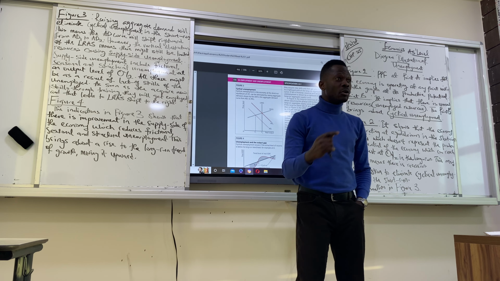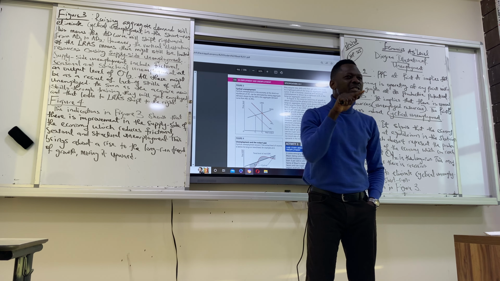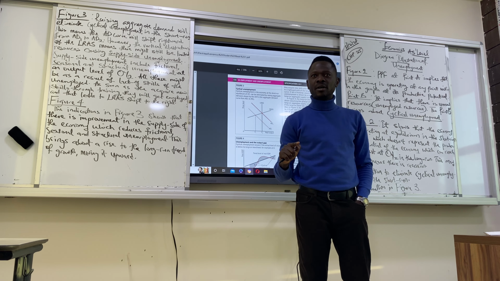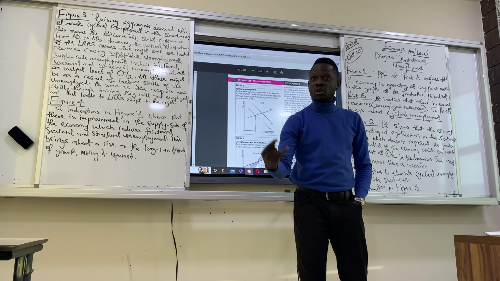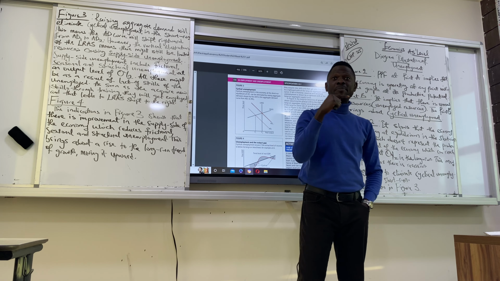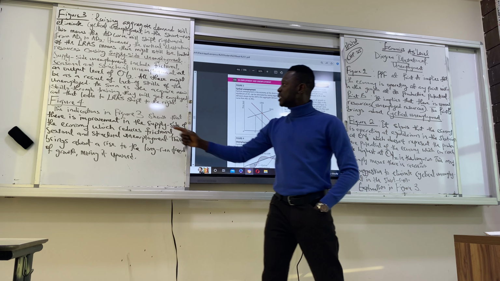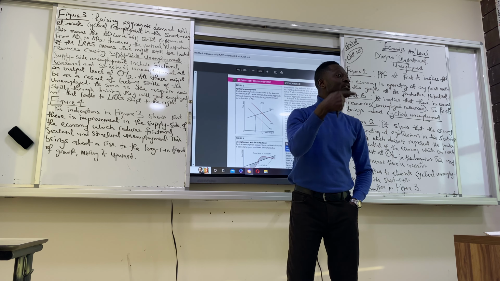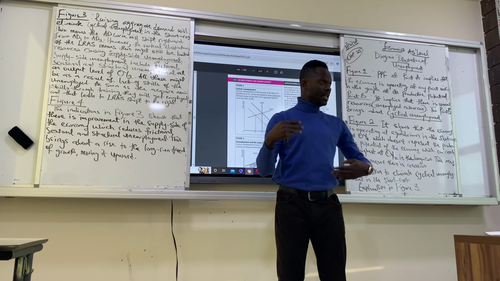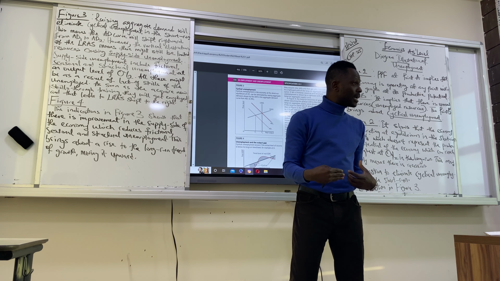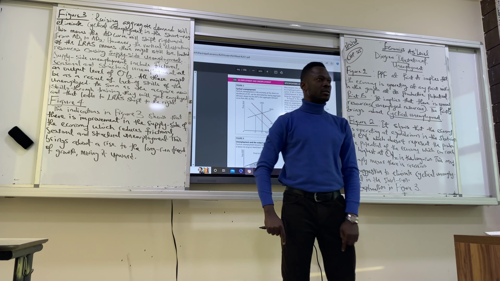Do you get it now? So you don't have that job because you don't have the necessary skills to get the job. So that is structural. Because you don't have the skill, and we want to solve the problem, you need skills and training. So as soon as those workers that are unemployed are being trained and have the skills, they get the job. Yes or no? Yes. So as soon as they get the job, what happens? The long-run aggregate supply curve will shift rightward, because now firms are able to employ workers that will be able to increase the output.